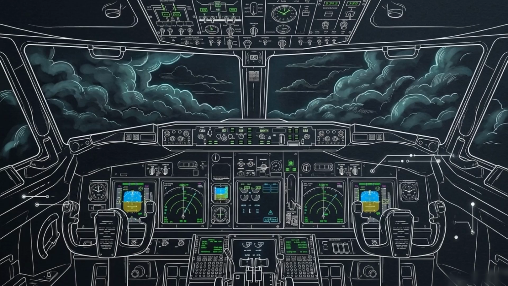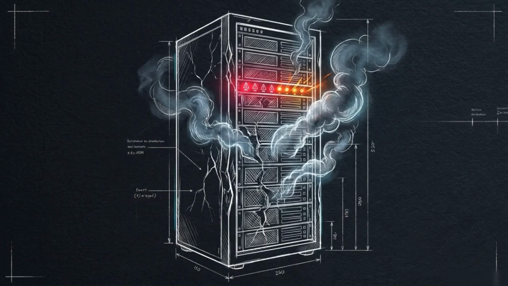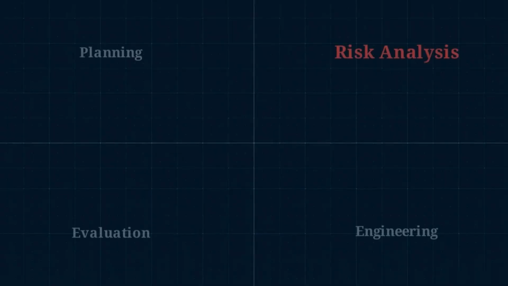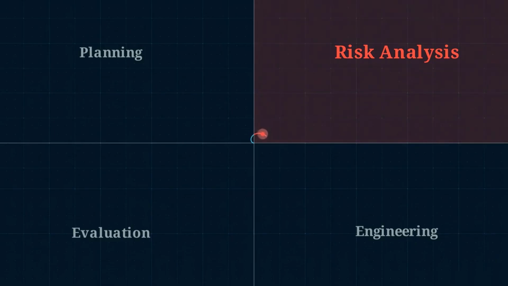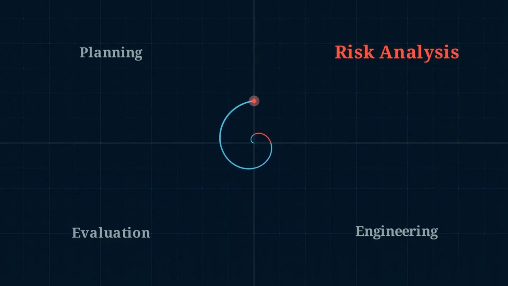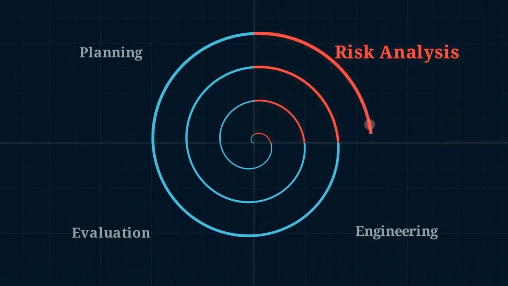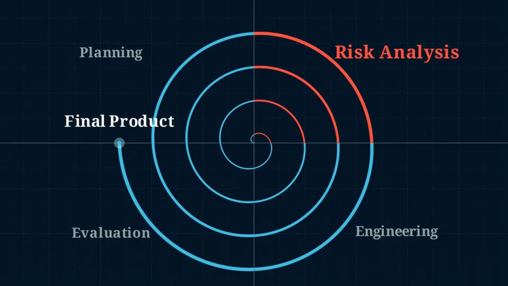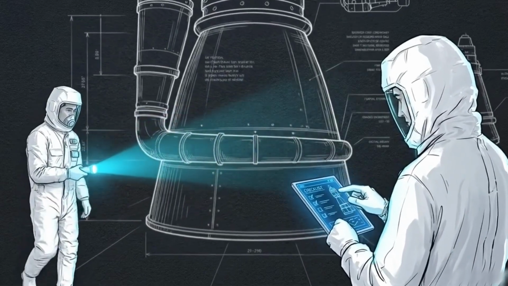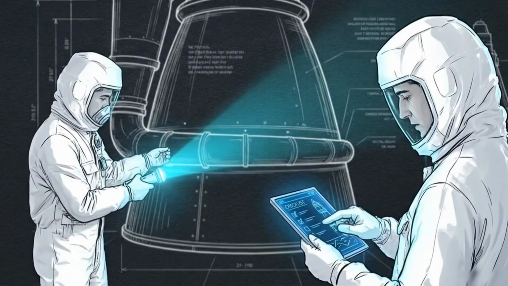Let's jump back to those massive, extreme stakes projects, like aircraft controls or rocket software. Moving fast or guessing what the customer wants isn't an option when failure is catastrophic. This graphic shows the spiral model. Development happens in repeated cycles, but the heavy focus here is on this specific section: risk analysis. In this model, the project only expands outward into a wider loop after potential dangers are meticulously identified and managed during every single cycle. Large-scale software requires a process model that actively manages growth and identifies potential dangers at every